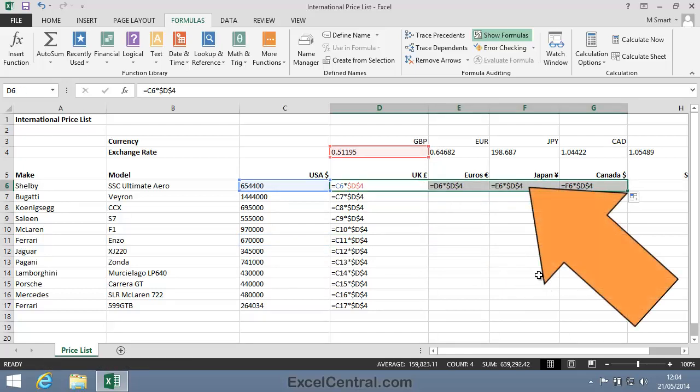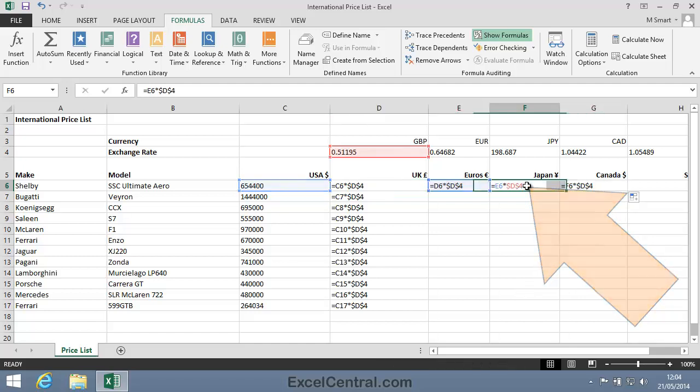I'll click on the Japanese yen price now of the Shelby to see what's gone wrong. When I click on cell F6, I can see that I'm still referencing the GBP exchange rate, and instead of referencing the dollar price of the Shelby in cell C6, I'm now referencing cell E6.